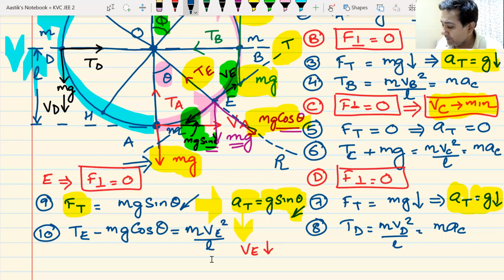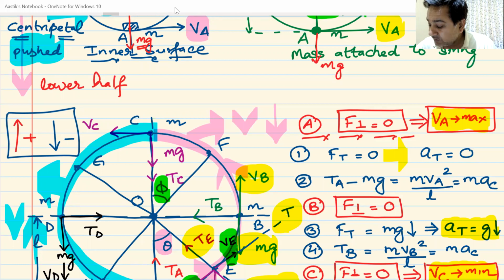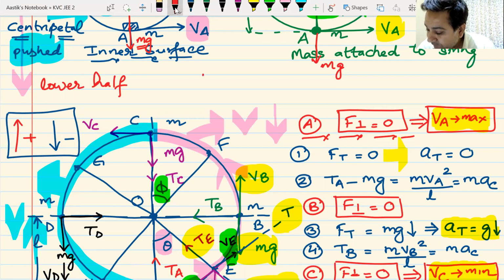What will be my equation at point F? Let us move on to point F now. I write the equation here, because I don't have any space and I just can't draw the entire diagram again. So let us move to point F. mg sin theta, mg sin phi. First, give me some chance to show my talent as well. So at point F,